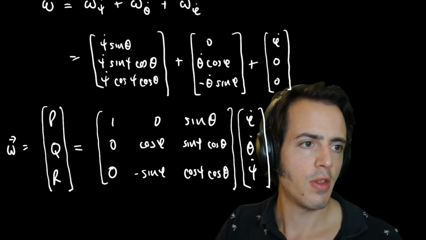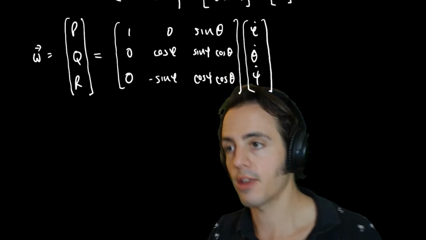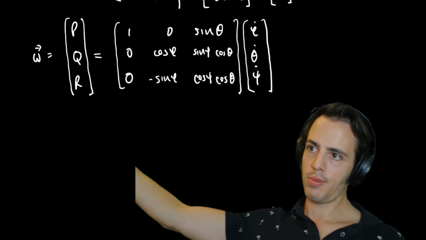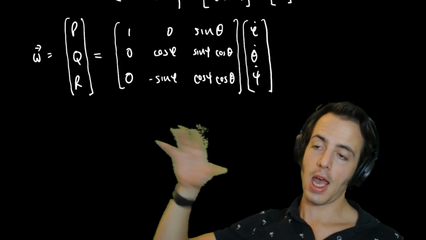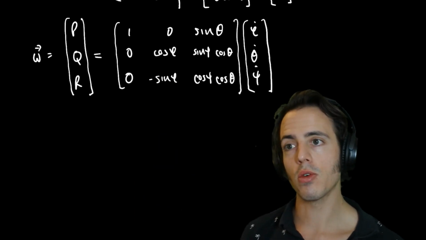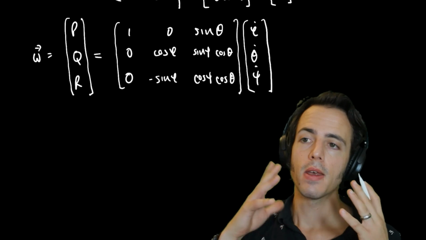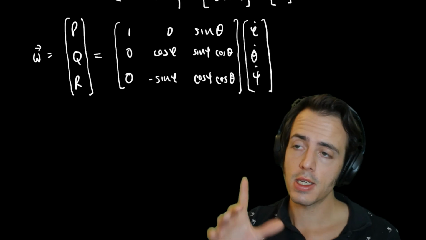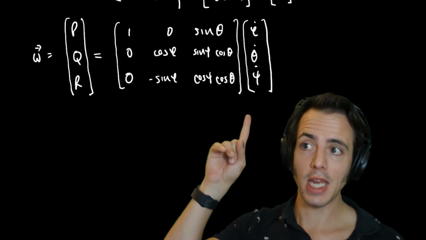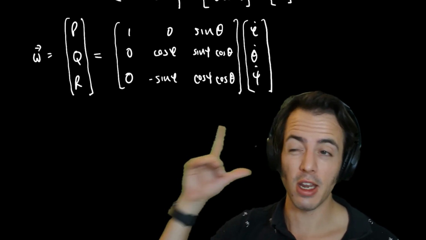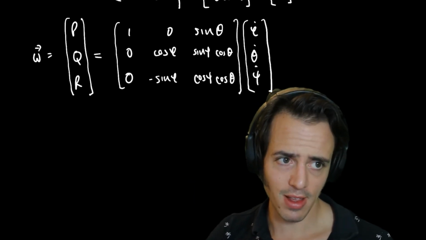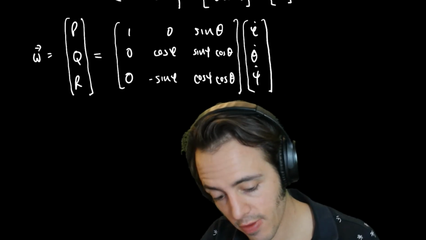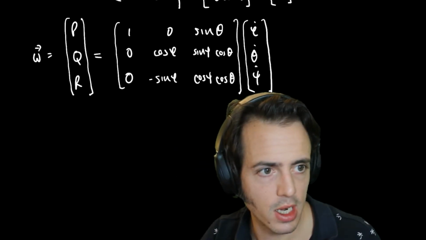Okay, so this is our matrix that does the transformation between Euler attitude rates and body angular rates. If we want a relationship that relates our measurements taken in body axes in terms of the angular rates, and we need to convert it to an attitude by integrating over time, then we actually need to use the inverse of this matrix. This matrix is not orthogonal, but I'll just give you the inverse anyway, or I'll leave it as an exercise for you guys to show. We can end up saying that